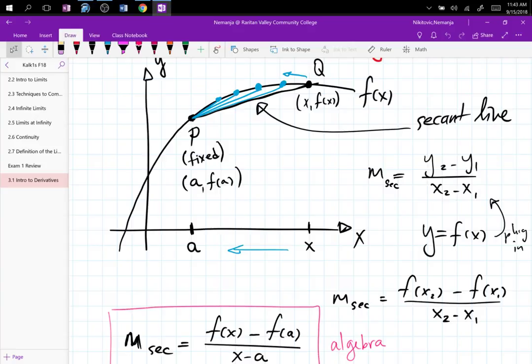Now, algebra is happy to compute all of these slopes. As soon as you know the coordinates of point P and the location of point Q, you can run your basic algebra formula to calculate the slope of the line like that, which calculates the average change in price or weight or whatever you are trying to observe. So we are all good with algebra. There is the one instance where algebra fails. What is that instance?